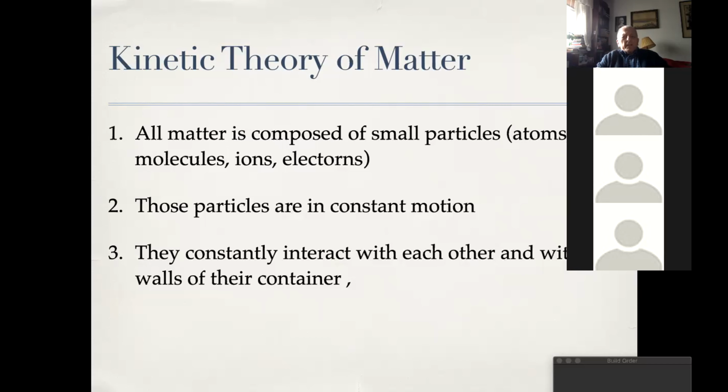And there are basically three simple principles of the kinetic theory of matter. The principle number one is all matter is composed of small particles. Now we know that these are atoms, molecules, ions, electrons. And point two, those particles are in a constant motion. And point three, these particles are constantly interacting with each other and with the walls of the containers that contain them. So there were three basic ingredients of the kinetic theory of matter, and we will try to use them